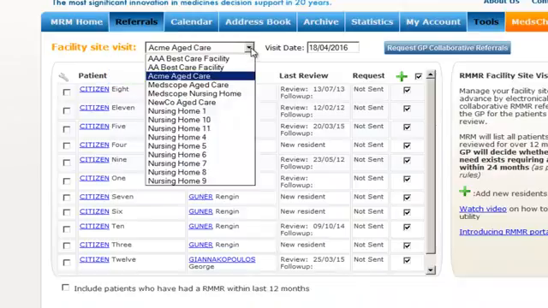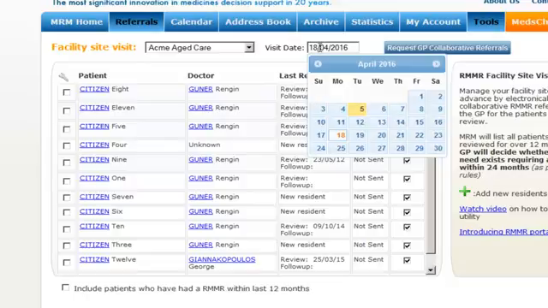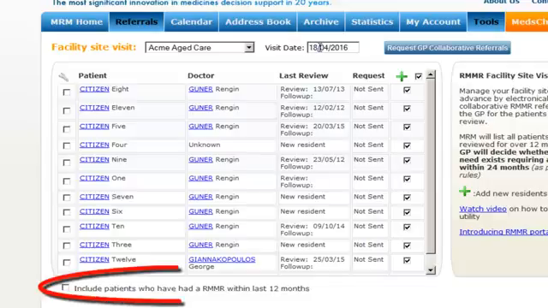The first thing you do is select the facility you plan to visit and the visit date. MRM will list all the residents linked to the facility whose last review was 12 months since the selected date. There is an option at the bottom to adjust it to include all residents regardless of when their last review